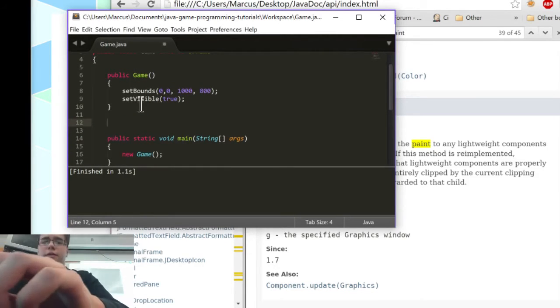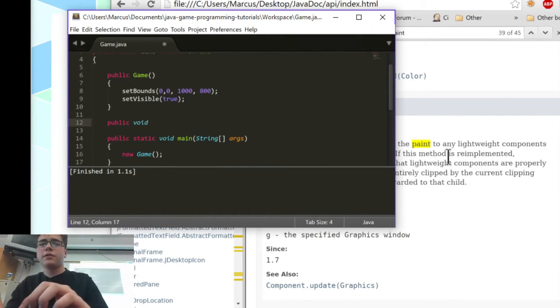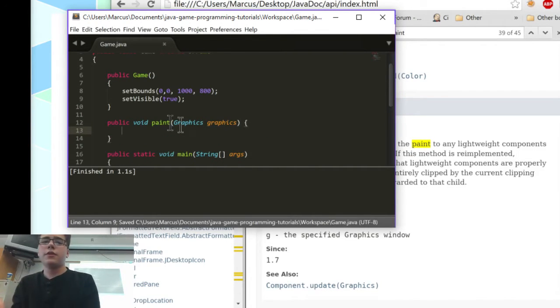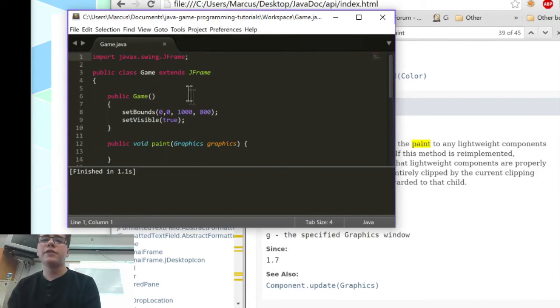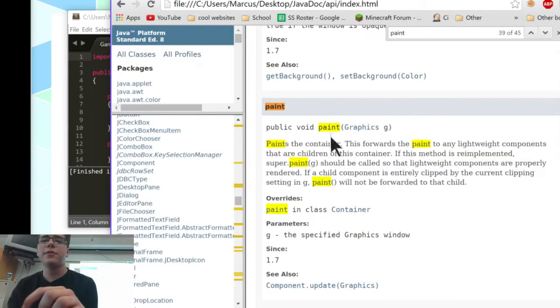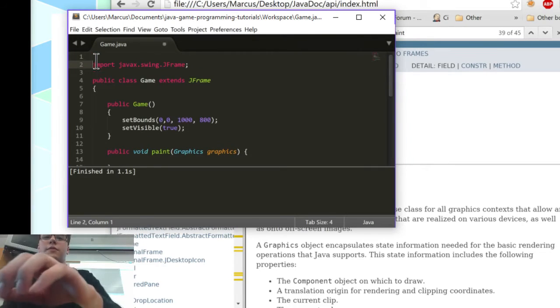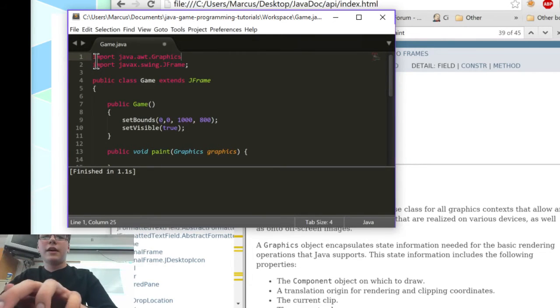So we're going to go ahead and between here, we're going to do public void paint, and then Graphics, and we can call these g. Lowercase, of course, we need Graphics capitalized. And one thing as well, we need to import the Graphics library. Right now we have the JFrame imported. The cool thing about JavaDoc is it has a hyperlink right here on Graphics. If we click on this, it shows us exactly where it is. So we need to import java.awt.Graphics. I'm going to do that up here. I like to keep my imports in alphabetical order.